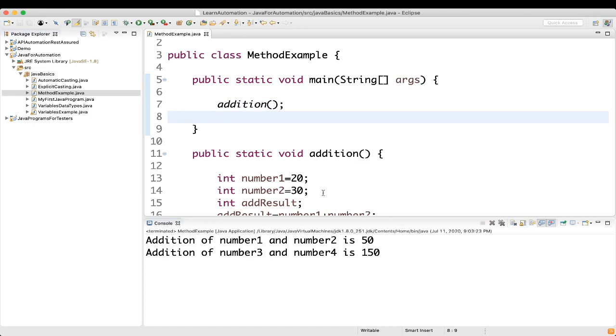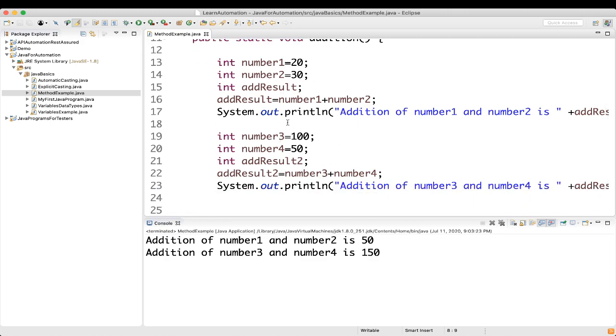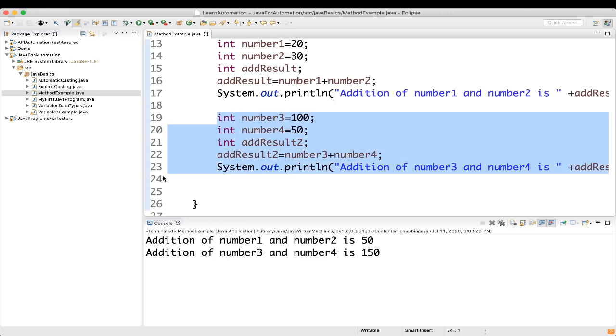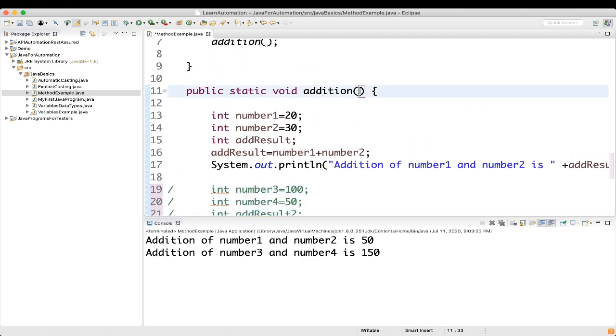Here also you are seeing the same result, but we are still using these same things, number 1, number 2. We need to reduce it. How can we do that? So let's remove this, or let me comment it, and you have to use the arguments.